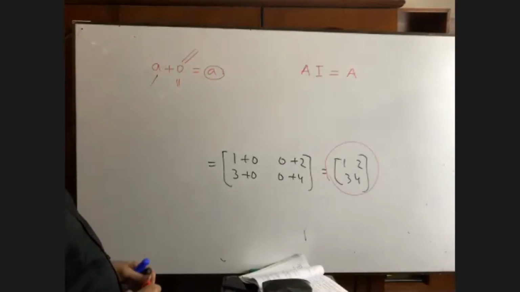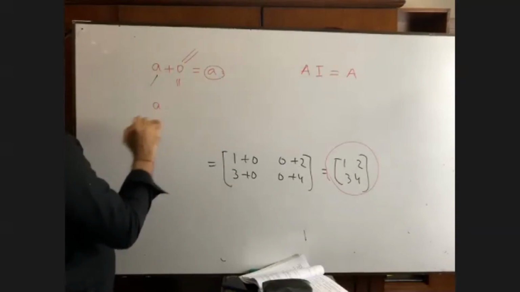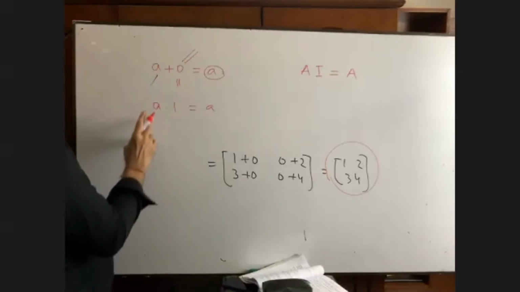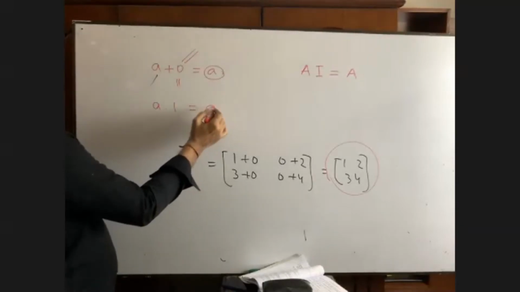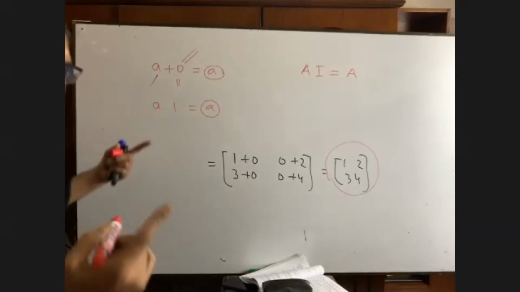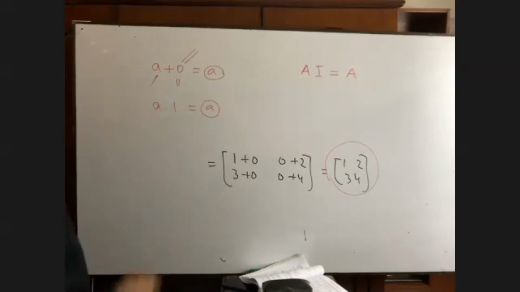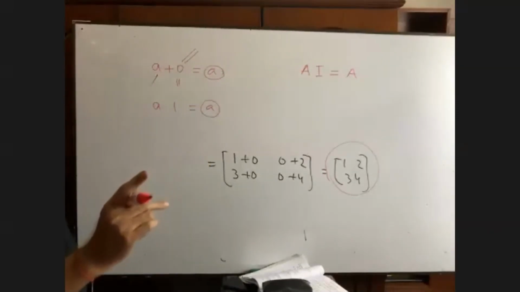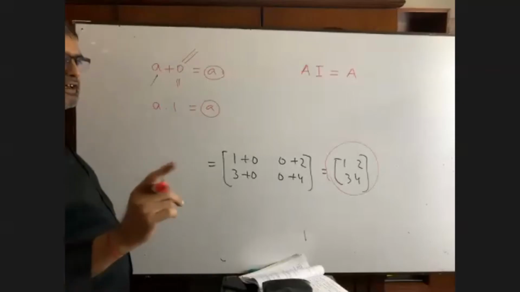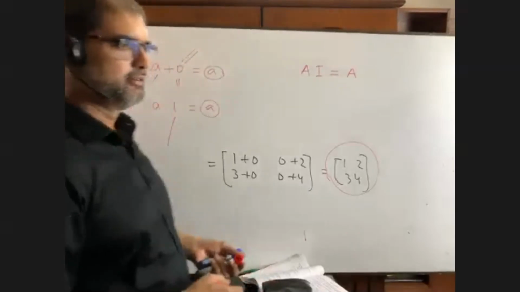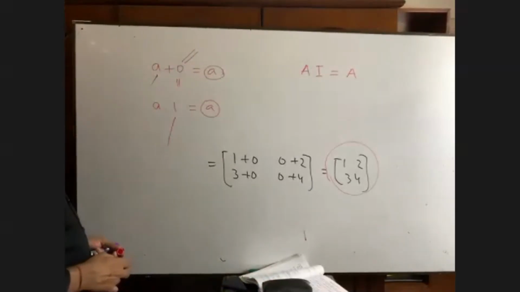Please talk to me. I am going to show you A into 1 equals to what? A. I have multiplied A with 1, but in the product, we are not getting any change. Are you getting me? Yes, sir. A into 1 equals to what? A. In the product, we are not getting any change. This one is known as identity of multiplication. Are you getting me, please? Yes, sir.